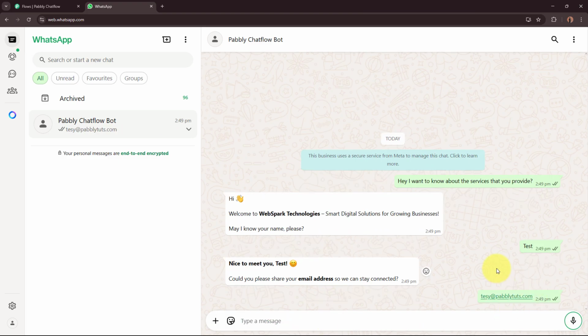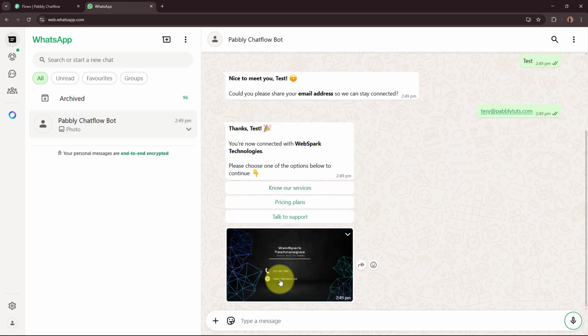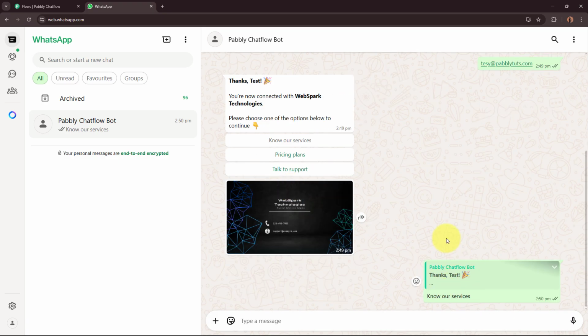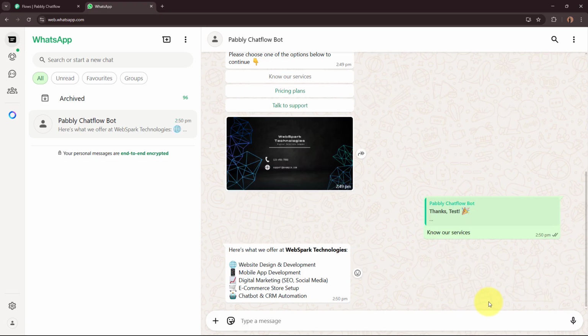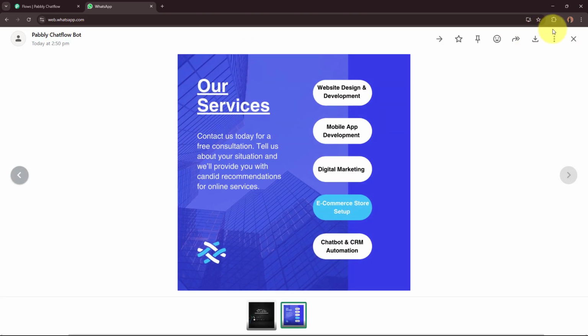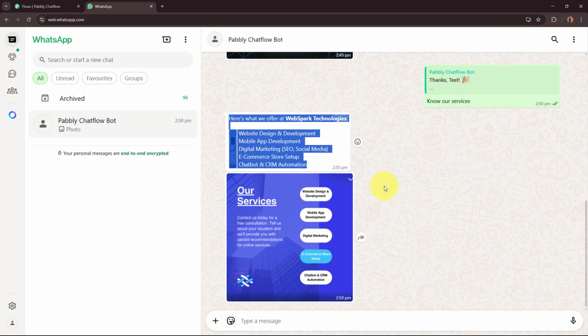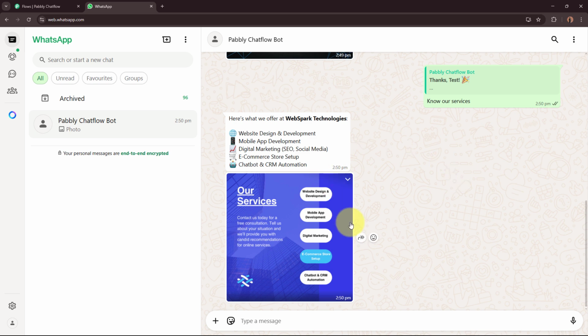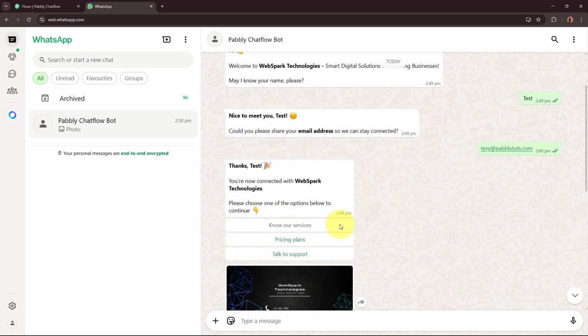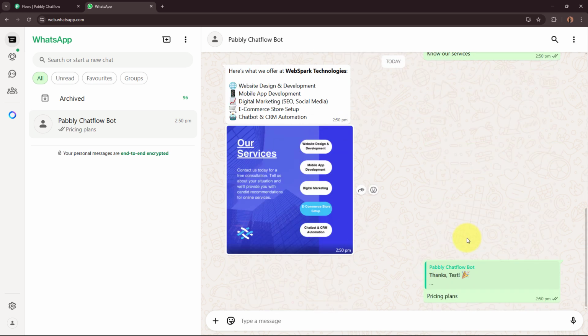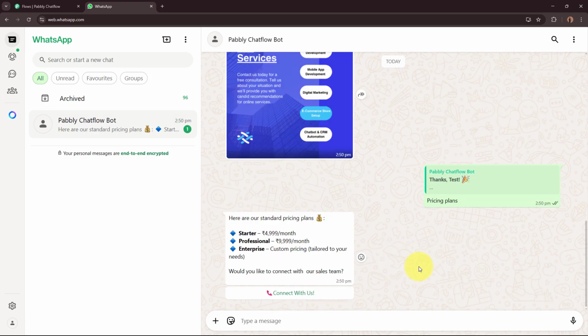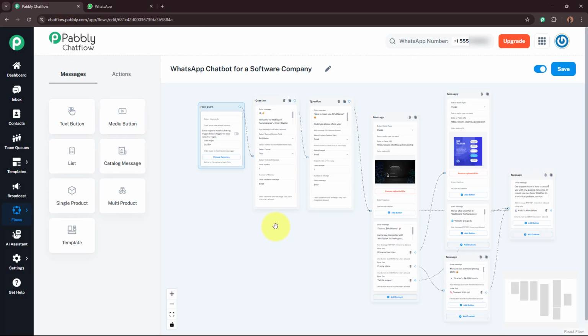As soon as I do that, I automatically receive the business card of this business. With that, I've received this welcome message and some options. I'm going to select this Know Our Services option and I've received the image of all the services. With that, I've received the names of the services over here as well. And you can see this bot is automatically going to reply to all my messages in this manner. And in this video, we're going to learn how to create this amazing chatbot step by step